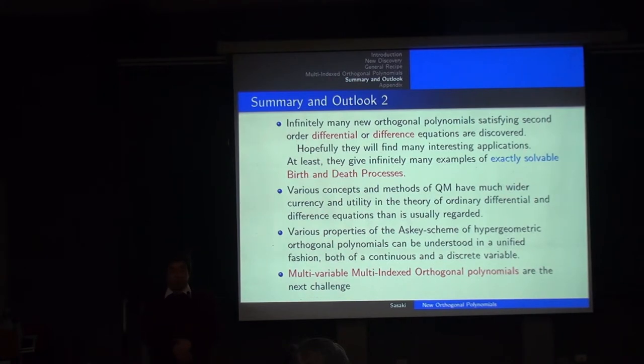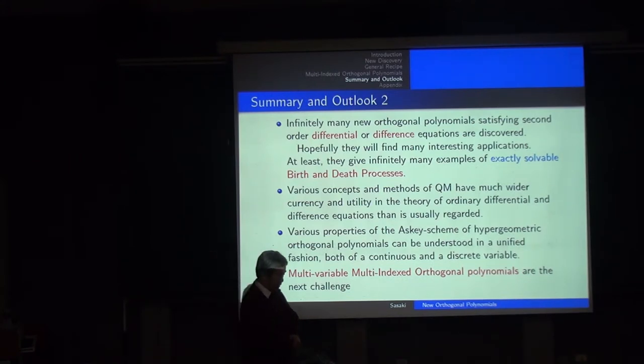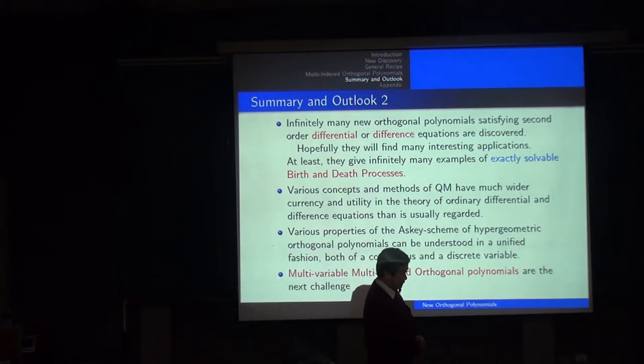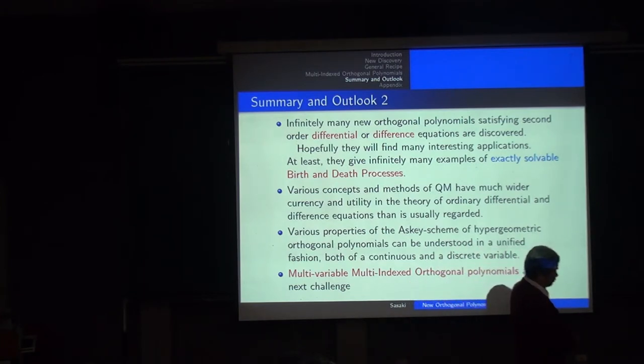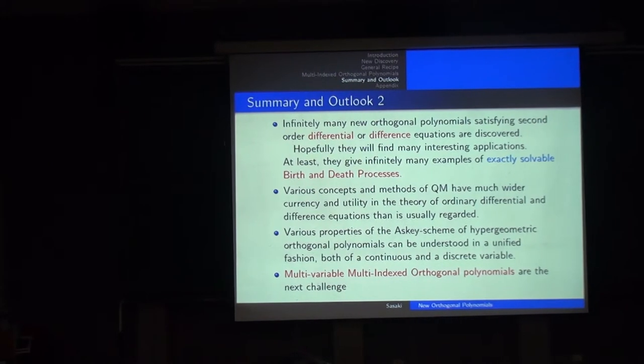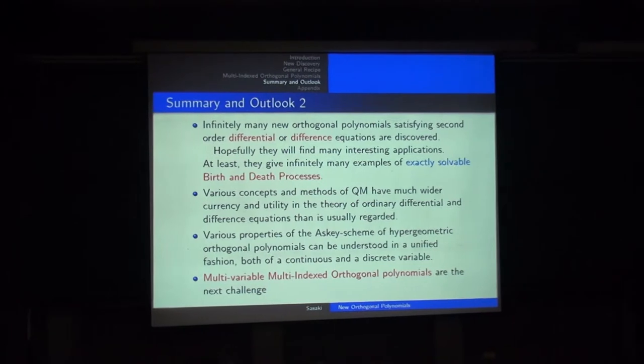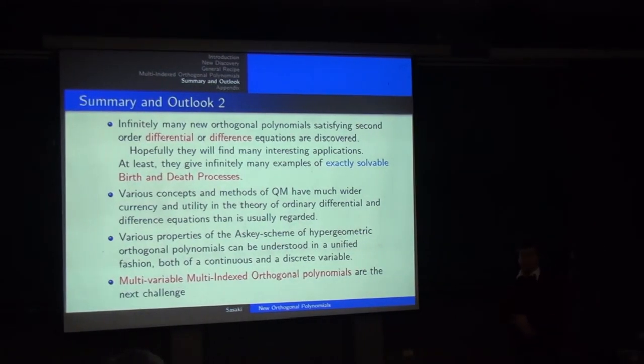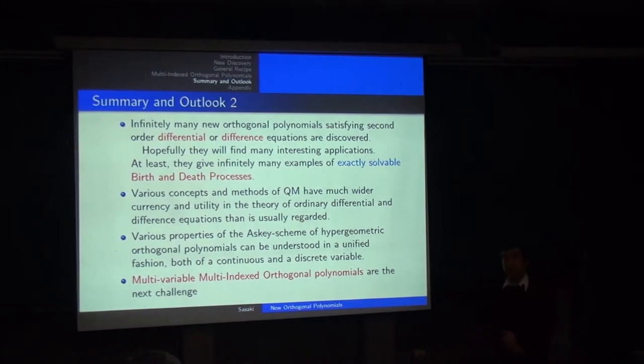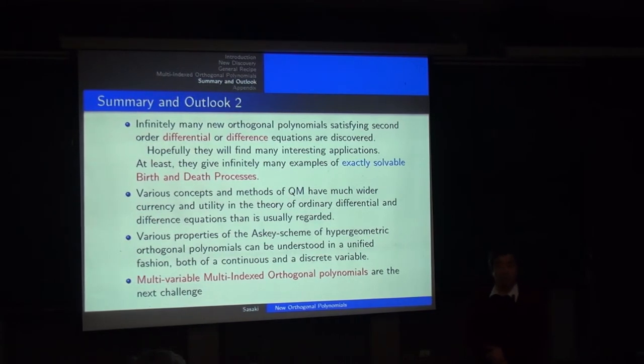And these deformed orthogonal polynomials, you can also consider in harmonic analysis or whatever, representation theory or geometry, etc. So wherever orthogonal polynomials appear in physics or in mathematics, you can also discuss their deformation